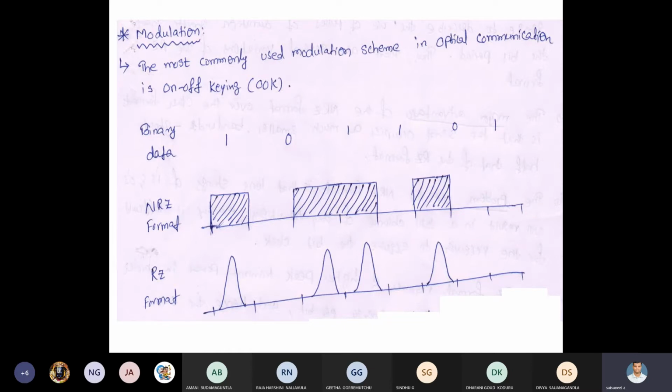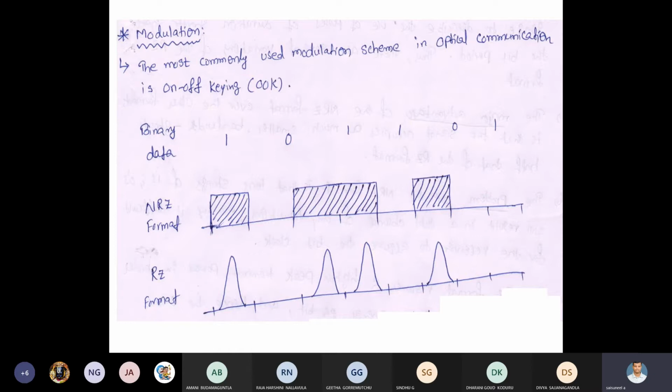What is the difference between message signal and carrier signal? The message signal is the original information to be transmitted. The carrier signal is what carries the original message signal for a long distance. If you compare message signal and carrier signal frequency, which one is high? Automatically, the carrier signal frequency is high, because we have to carry the message signal for a long distance. That's why the frequency must be high.